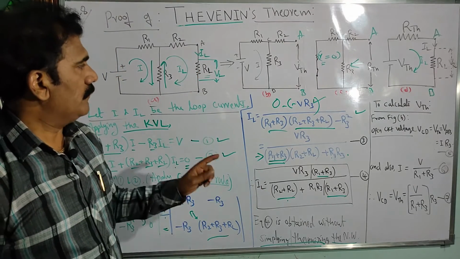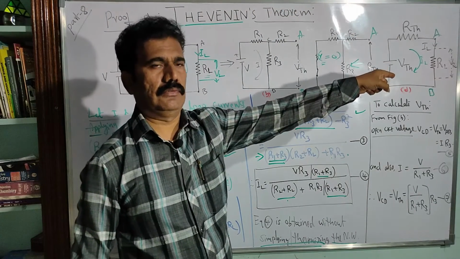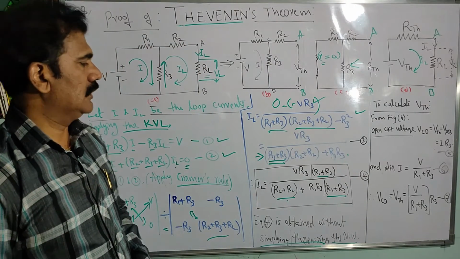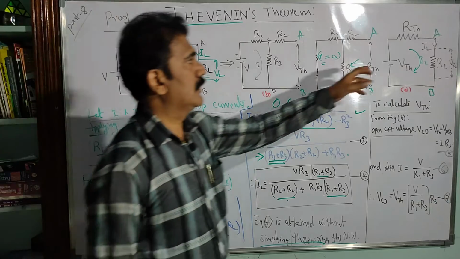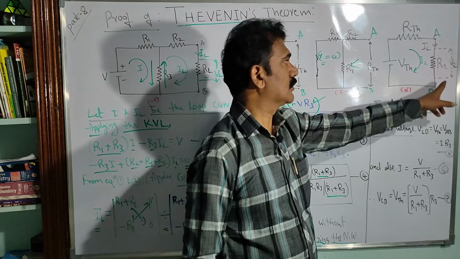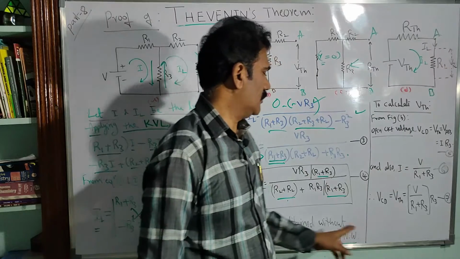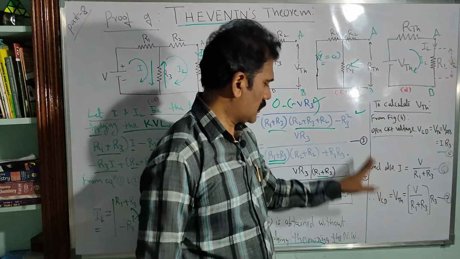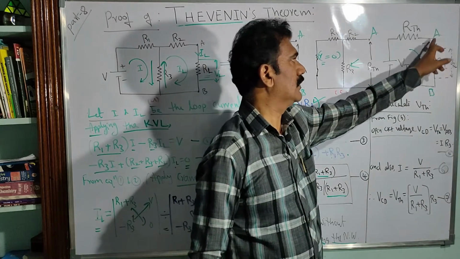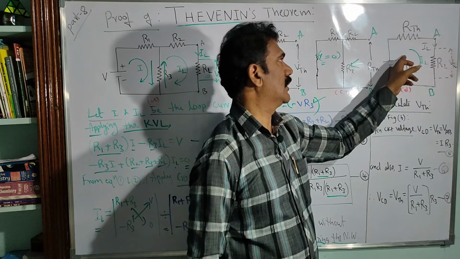Now the same current is to be obtained from the last equation, that is, the Thevenized circuit, correct? Now let us see how to find that current so that it is equal to this IL. What do we need for that? We need to find the value of VTH and RTH, isn't it? So that the current passing through the load RL can be calculated as IL here. That must be equal to this equation, right? So let us continue the procedure here to prove that this IL is the same as the IL in the final circuit also. First let us find VTH and then RTH.